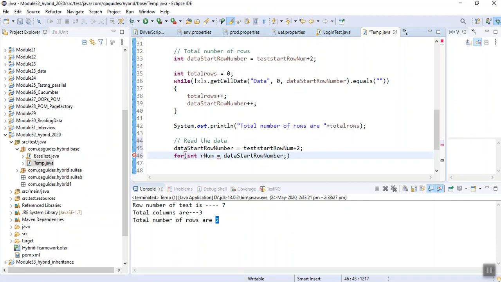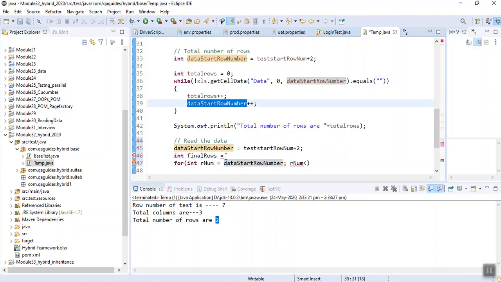Semicolon, row number less than this plus this. We will have int final rows, data start row number plus how many rows were there?